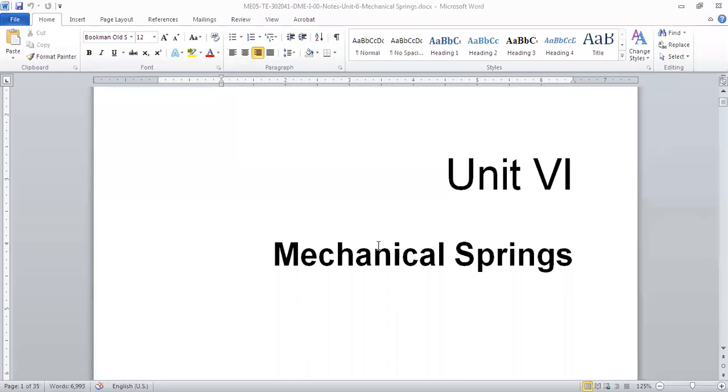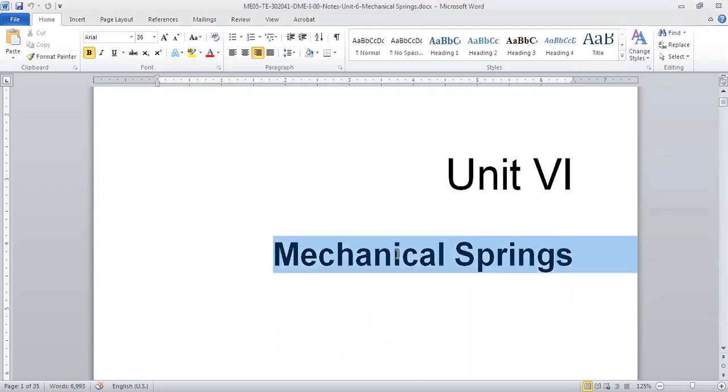That is unit number 6. So as I said, unit number 6, mechanical springs. We have 6 lectures dedicated to this, and maybe by the end of this month, we will be completing this unit as well as the syllabus. It's a quite simple unit, and you can score good marks in mechanical springs. Since the syllabus is also not vast, if you dedicate some time to this unit, you can get good marks.